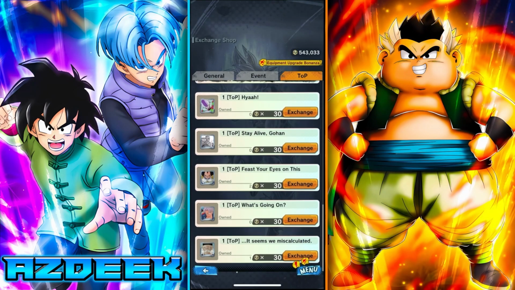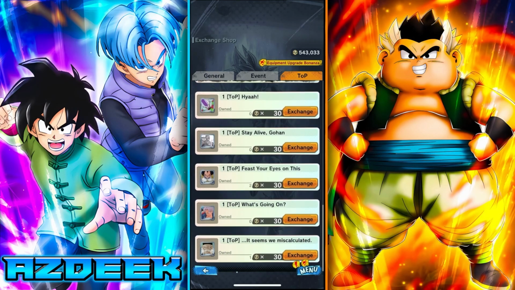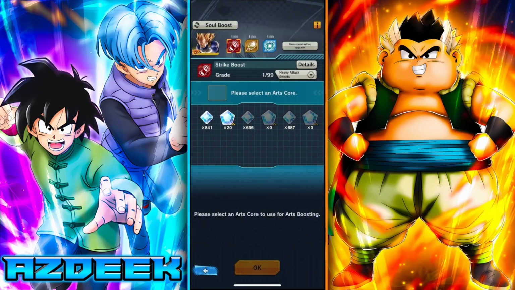And then below that is just going to be basically your filler equips. If you can't equip those ones, you're going to have to pick from these other silver equips. And for the final way that I would say to beef up your units for TOP is actually arts boosting